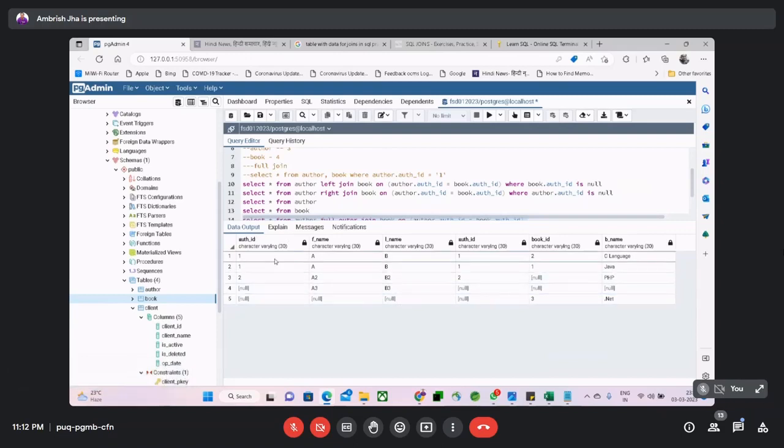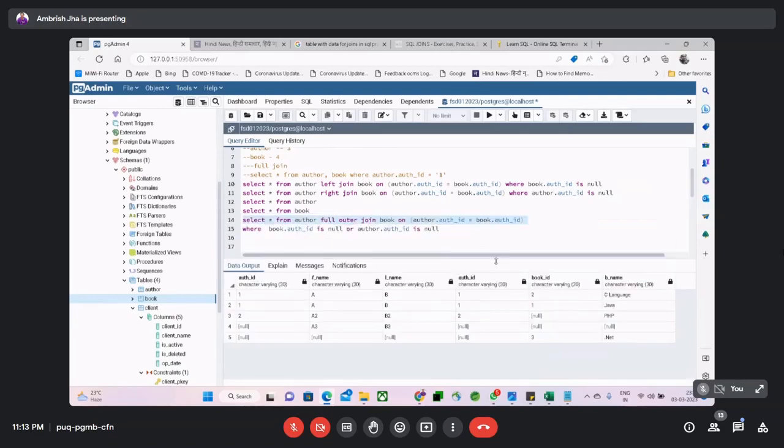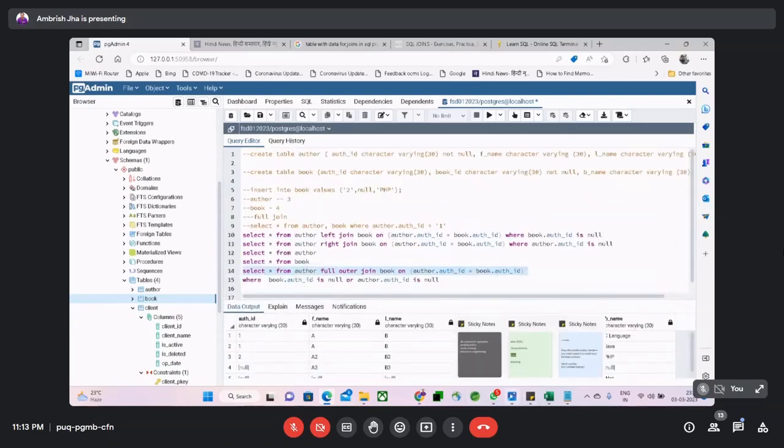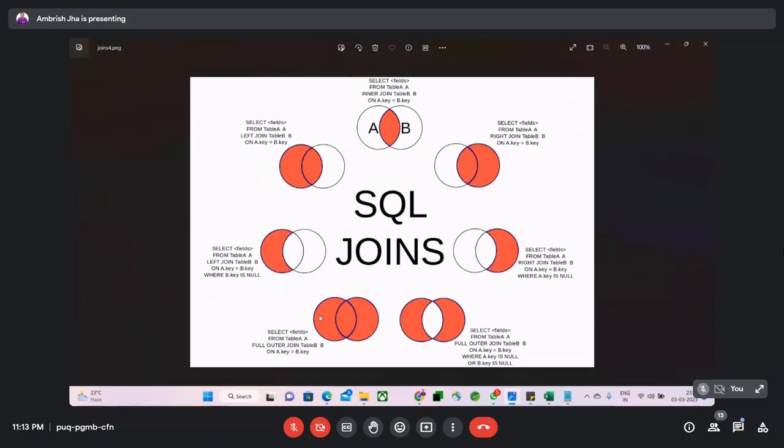हाँ नहीं, पहली बात देखो, हम इसमें क्या चेक कर लेते हैं। हमारे ऑथर टेबल के सारे रिकॉर्ड हैं, यस, और नो मिसिंग रिकॉर्ड। A1, A2 एंड नल, सारे के सारे हैं। और बुक में हमारे पास 5 किताबें थी, सी, जावा, पीएचपी, नल एंड डॉट नेट। तो बी टेबल से भी कोई रिकॉर्ड मिसिंग नहीं है और ए टेबल से भी कोई रिकॉर्ड मिसिंग नहीं है। दैट इज योर फुल आउटर ज्वाइन, ये वाला। ए के भी सारे आ गए और बी के भी सारे आ गए, जो मैचिंग थे वो भी आ गए।